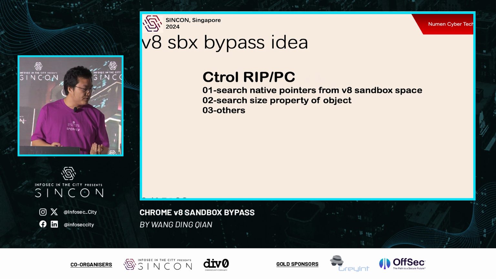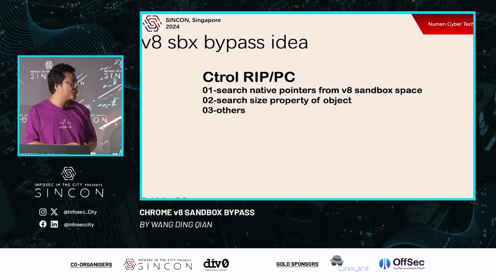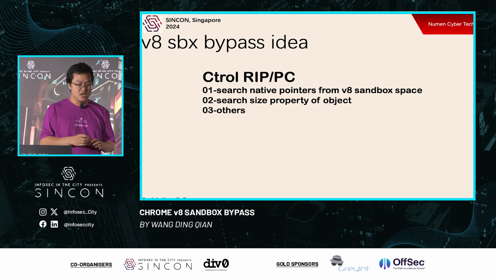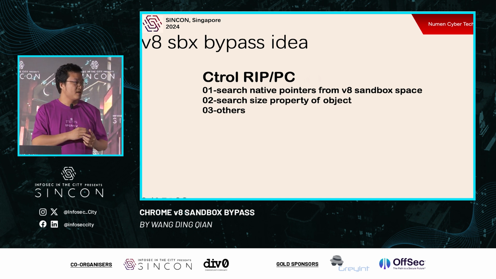Then with the engine, we will print the address. As you know, if we can find some native pointers in V8, then it should be patched. So I use nothing very special methods. I just use the search engine: I look at the first half of the pointer, and I use the search engine just to search it.